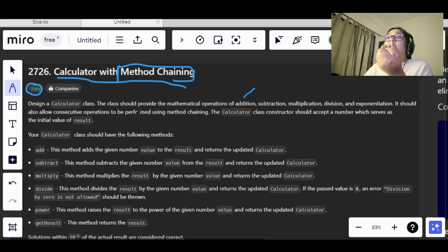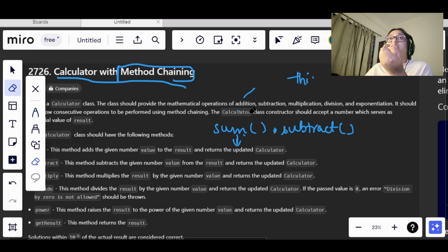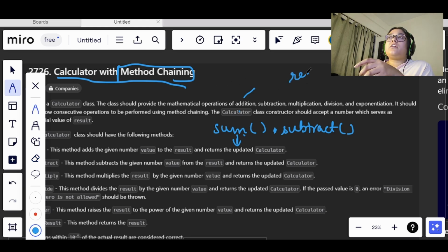Let's say I am calling sum here, and after that I am calling subtract here. Whatever result I get from this sum, in that result only we need to reduce the value.